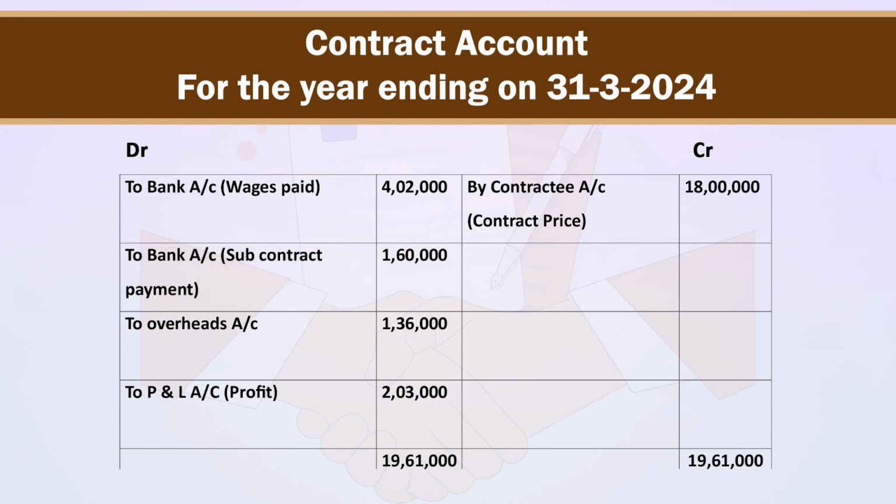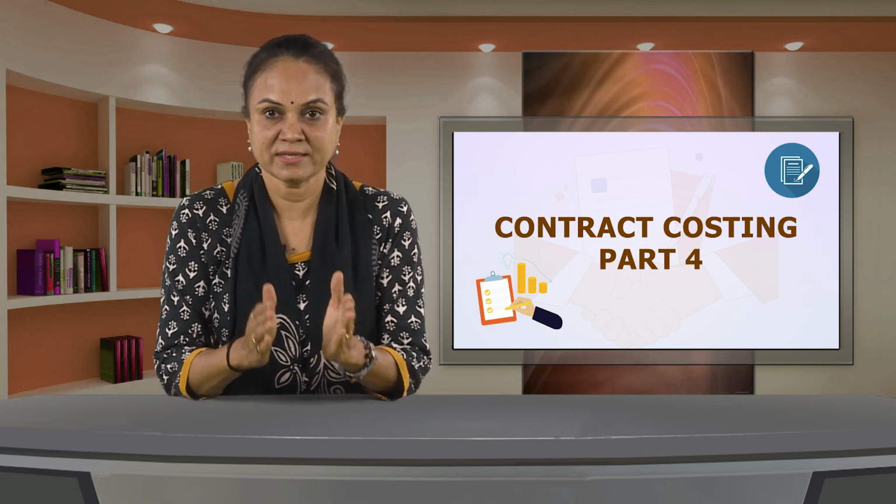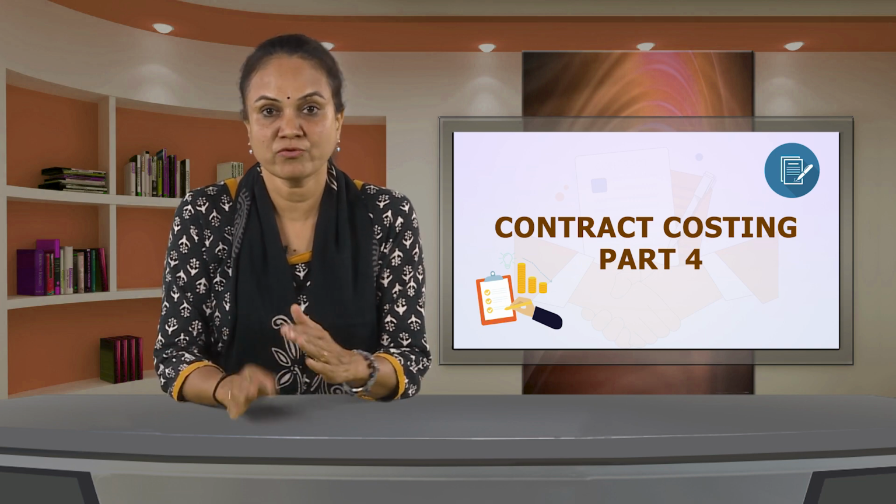Next entry on debit side is to overheads account rupees 1,36,000 and last entry is the profit entry. As the balance of credit side is greater than debit side, therefore amounts to profit of rupees 2,03,000 which is transferred to profit and loss account. Now we will see illustration where the data of contract is given for more than 1